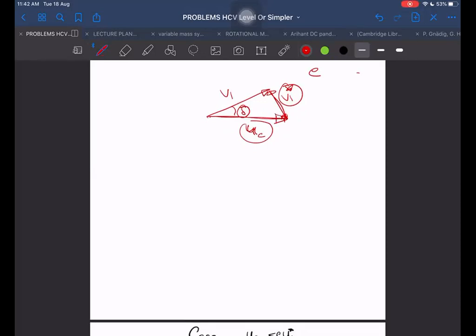How to find delta from this data? I think one more thing is required to be specified: V1 should be given. If V1 is given, then I can get delta now. Can we get delta now? Yes, how? Sine rule also we can use, V1 star by sine delta, but no, sine rule is not applicable. Cosine rule we will use. Two values of V1 we can get. Cosine rule means cos delta is equal to UC square plus V1 square